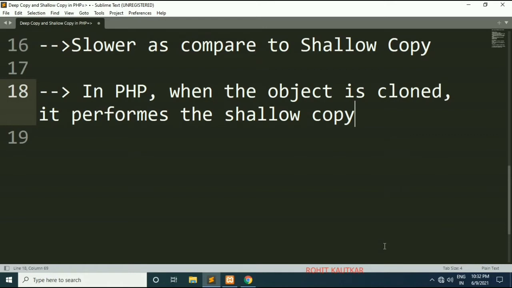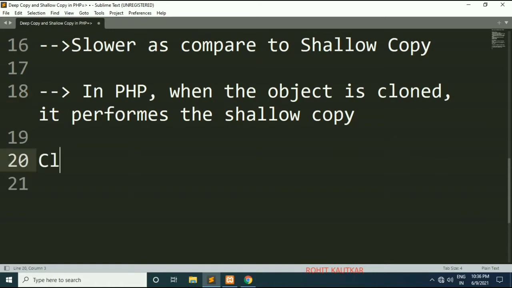Once the cloning is completed, if the clone method is defined, then the newly created object will invoke that clone method and it will allow any necessary properties to be changed. One more thing here: in PHP the objects are always passed by reference by default. That is the shallow copy.